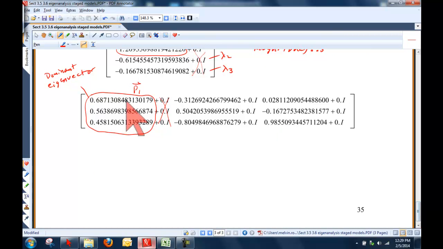And let's look at this more closely. Remember that when we have an eigenvector, we can always multiply it by any constant and get another eigenvector. So what I'm going to do here is normalize this eigenvector to have total sum 1. Right now it has total sum, just to take a few significant digits like this,